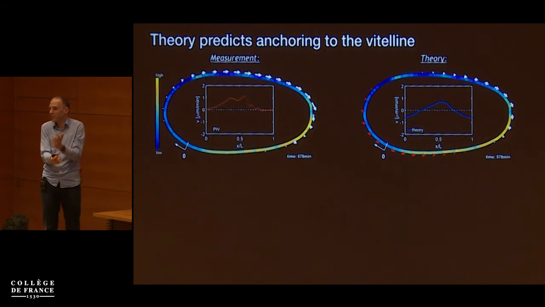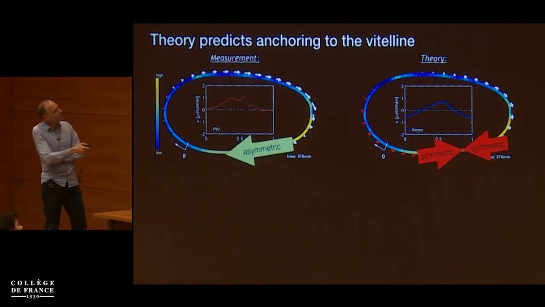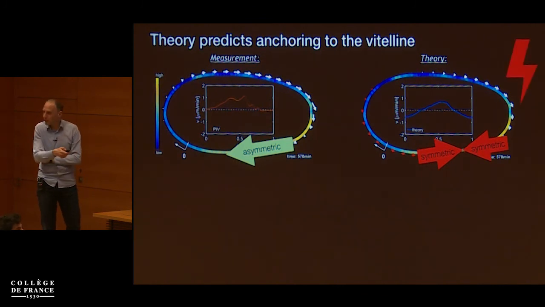If the friction coefficient is homogeneous and isotropic, it's like you contracting in free space. You're not going to move anywhere. Okay? There's no net force exerted by the surroundings if the friction coefficient is homogeneous. So that's not consistent with what we see.